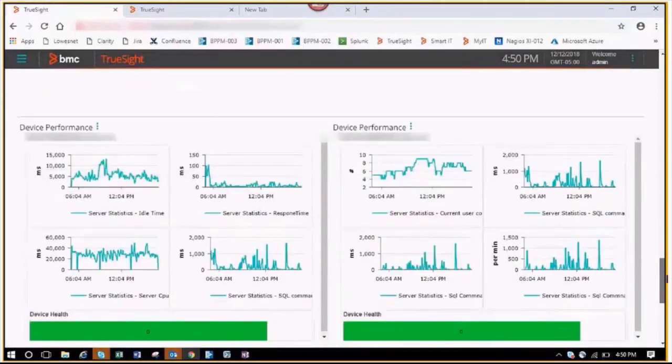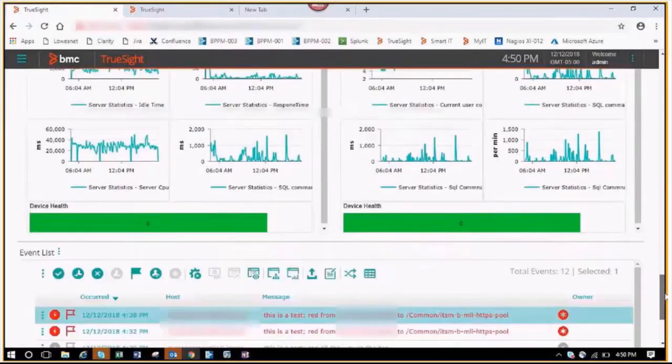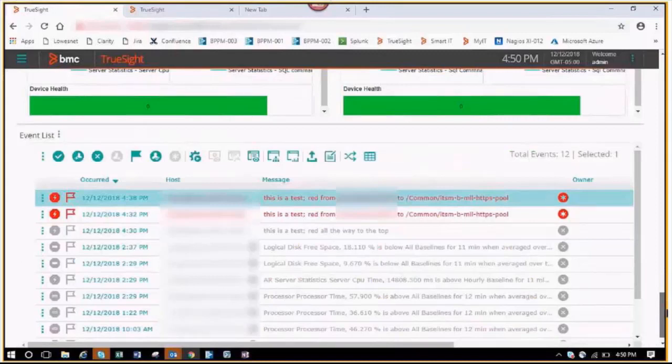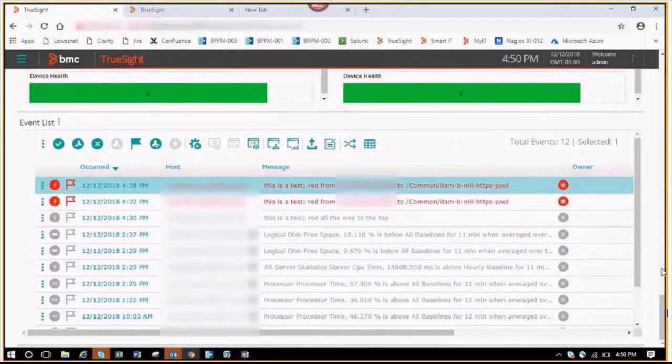Further down, these are other charts that are specific to the application, looking at server statistics for their idle time, looking at the response time at the server level, other pieces of information. If I was dealing with some other service, it may have some other characteristics that I want to zoom in on. And notice, last but not least, at the bottom, we actually put the table that lists the events that